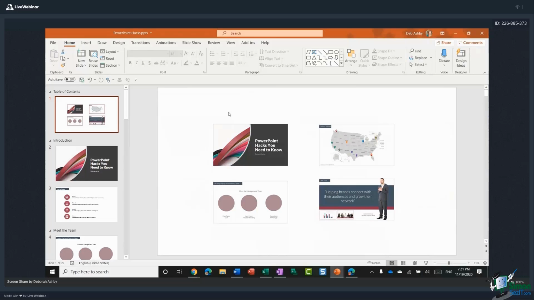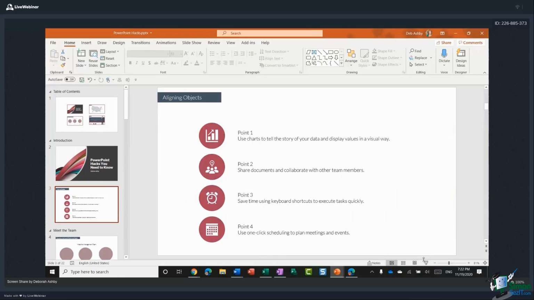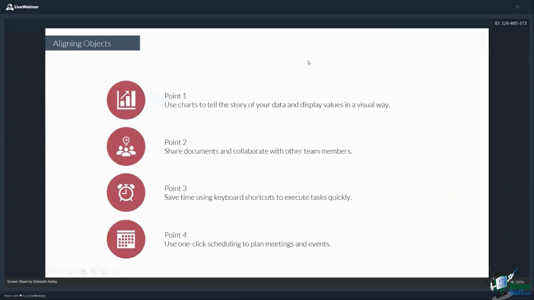So moving into our last few points. Now, this next little tip is related to actually presenting a slide deck as opposed to the design of it. So when you're presenting, and I'm just going to select this slide here and jump into slideshow, sometimes, particularly if you're presenting in a large room to a lot of people, it's quite hard for people to see a white cursor on a white background. Particularly if they're sitting right in the back row and you're using your cursor to point at things, they might find that a bit difficult to see.